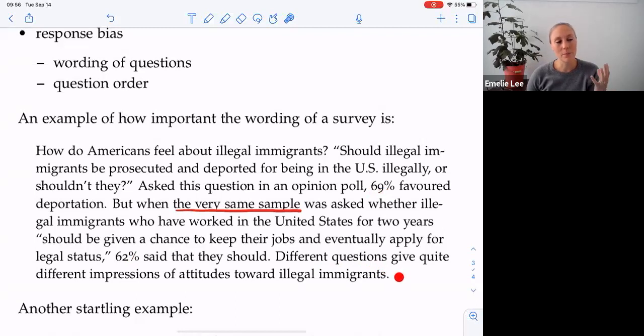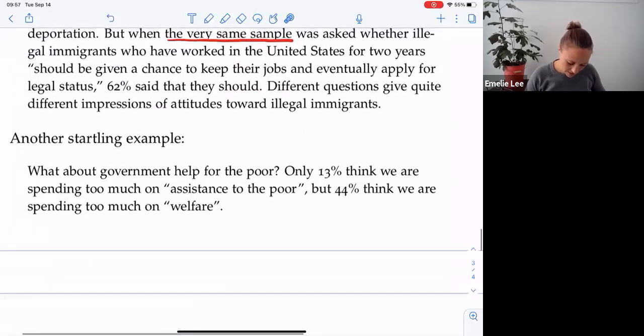And definitely political parties use this to their advantage depending on what their stance is, right? And so that's why it's really important to try to avoid this type of question bias, right? Same thing, right? And of course, these are all kind of sticky subjects, right? But that's usually what we're collecting information about,